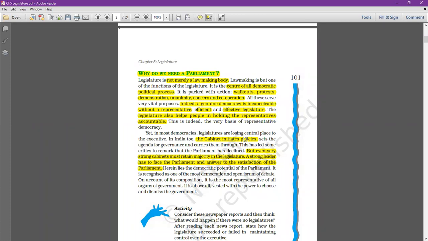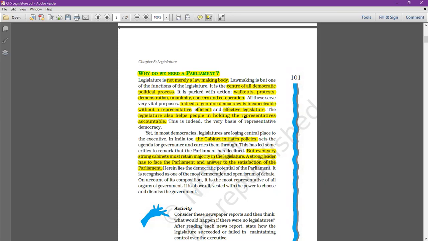In the legislature, who actually sits? Who are the part of the legislature? The representatives. And without representatives, can you imagine democracy? No, we cannot imagine. For instance, in India, the central legislature is the parliament, and in parliament we have two houses, Lok Sabha and Rajya Sabha. In Lok Sabha, the people are directly elected and they are known as our representatives, MPs, members of parliament. Without members of parliament, can you imagine legislature? No. And without legislature, can you imagine democracy? No. So that's why you can understand the importance of legislature in a democracy.